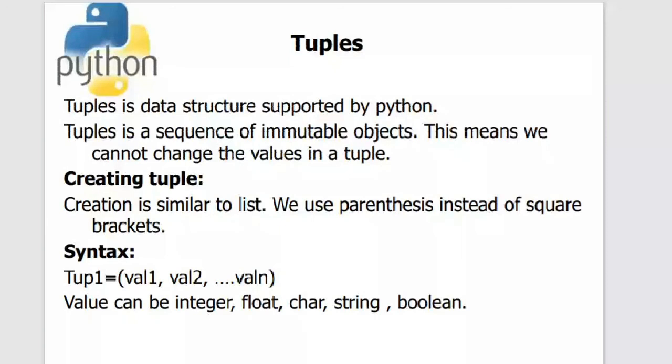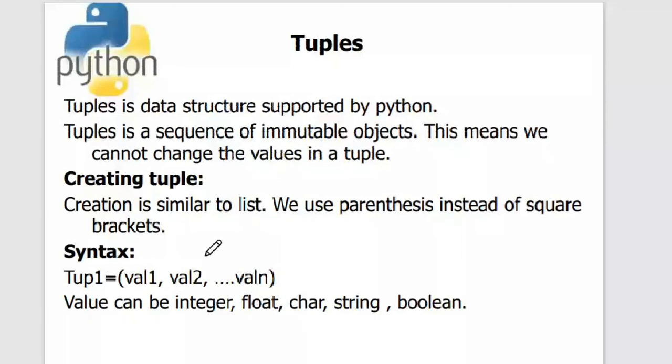That's the reason when I explained about lists, I said you cannot use the append method on a tuple, because when you add something, it means that you made some changes to the tuple. Because of its static nature, tuples are considered to be the fastest accessed data structures. So how do you create a tuple? The syntax for creating a tuple is that we'll be using parentheses. In the list, we have used square brackets, but here we'll be using parentheses. That's the only difference between list and tuples in terms of syntax.